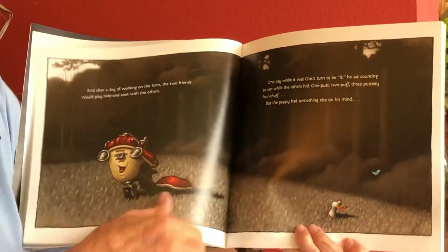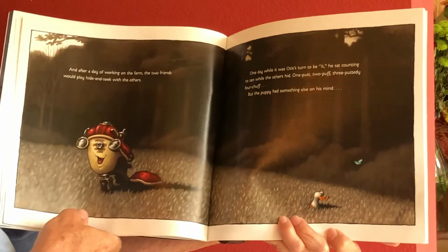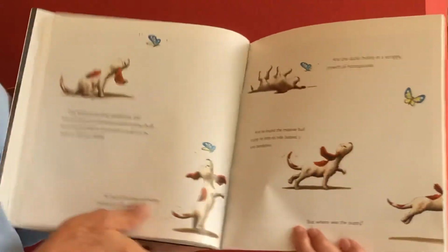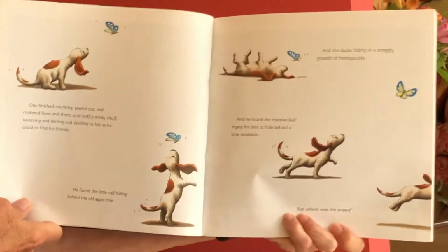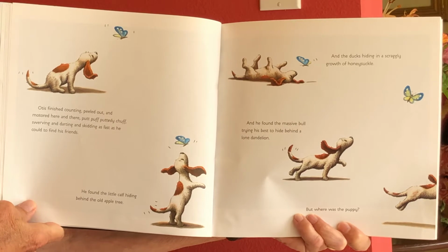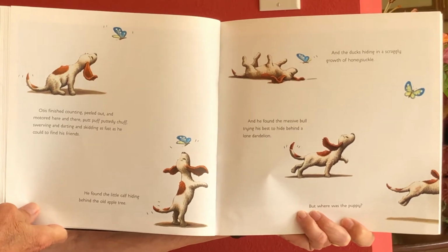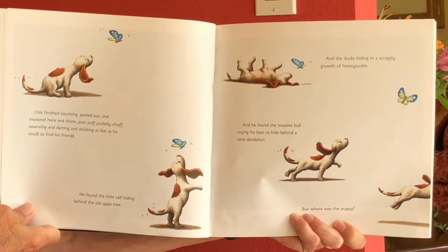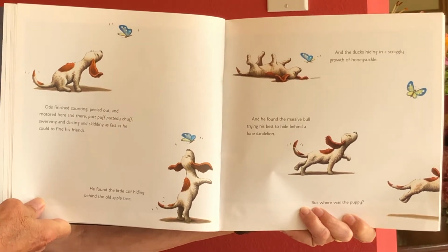Puppy's looking at it. It's a butterfly. He's chasing a butterfly. Otis finished counting, peeled out, and motored here and there. Put, puff, puttity chuff, put, puttity chuff, swerving and darting and skidding as fast as he could go to find